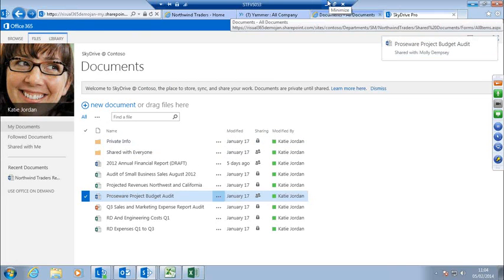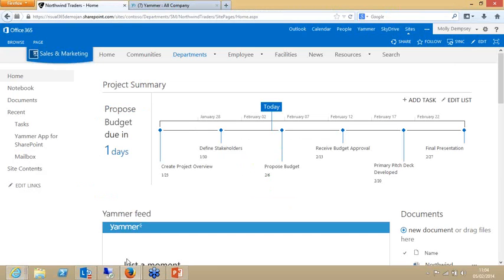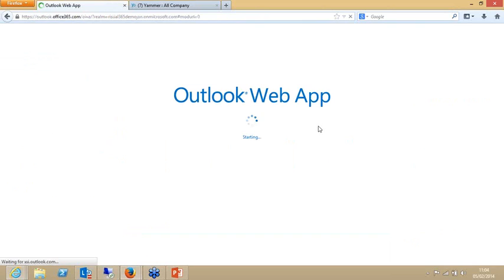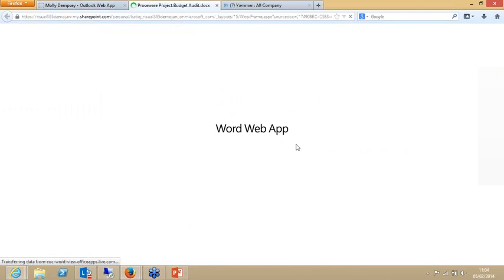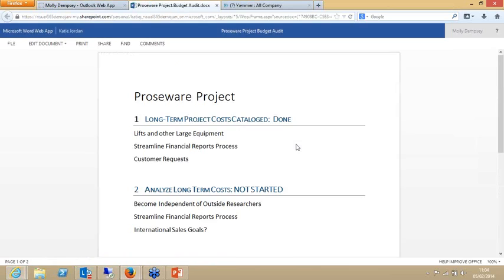Hopefully within a couple of minutes Molly should receive a message that Katie has shared a document with her, and it should provide her with the link with which she can get to that document and start editing it, as you can see here. So from here I can just click the link and it will take me straight into the web app, and I can see and edit that document on her behalf, but it's still stored in Katie's